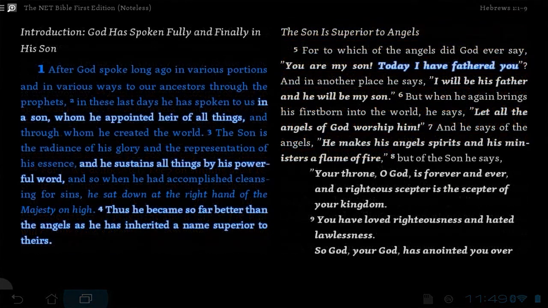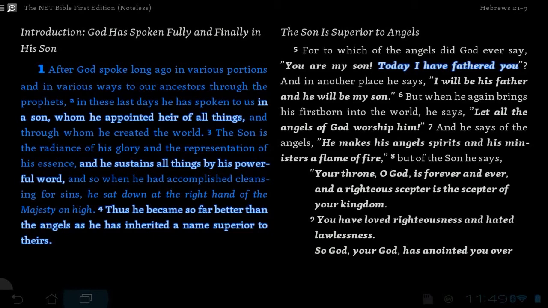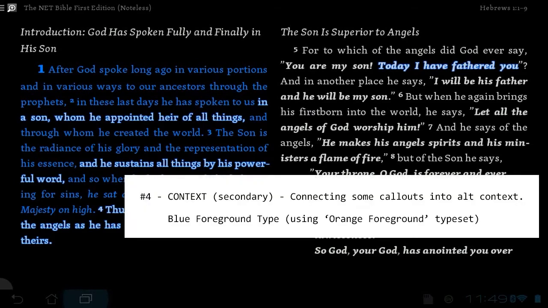This one's interesting here. You can see we have the call-outs, right? In a son whom he appointed heir of all things. That's right in the middle, a call-out, but it's in blue, okay? Now, the way this works is blue is sort of secondary. It's a context highlight